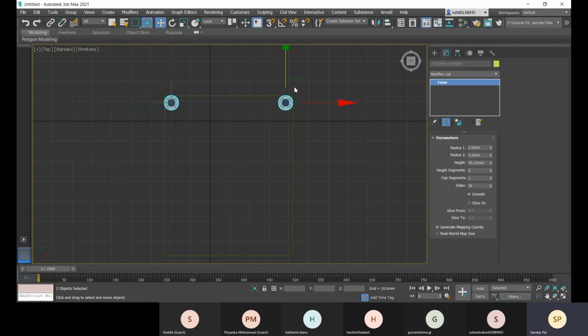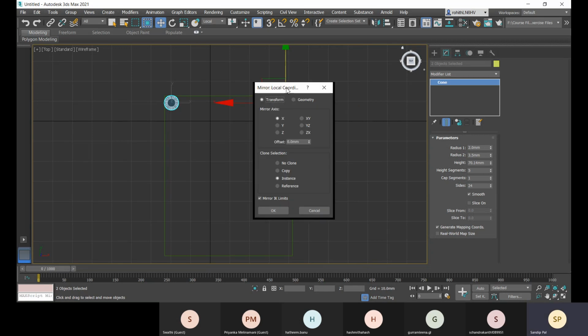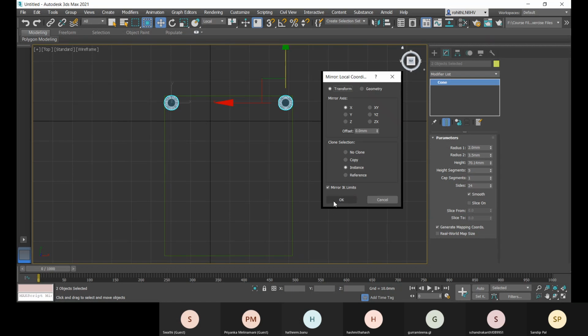And here to select this, go for mirror. Then go for this instance in this Y direction, and you can check like this is the positive and this is the negative value, and there you have to place how much you have to place.